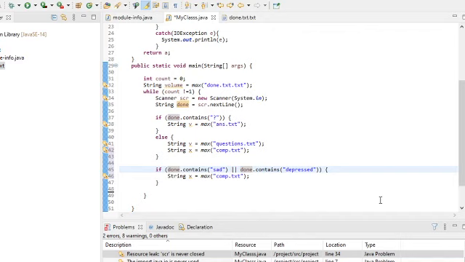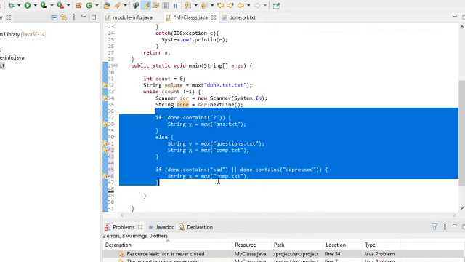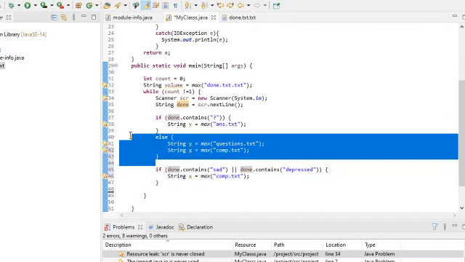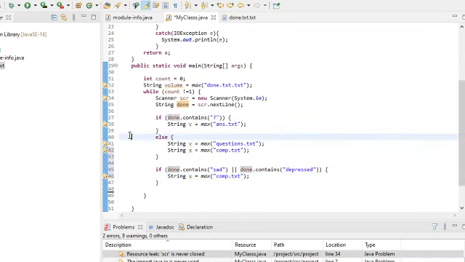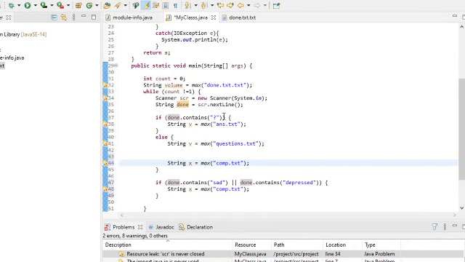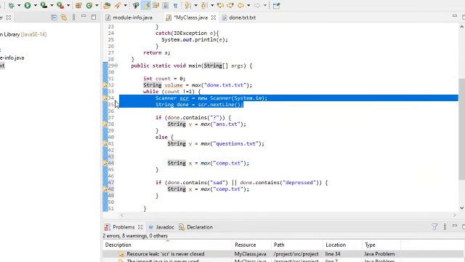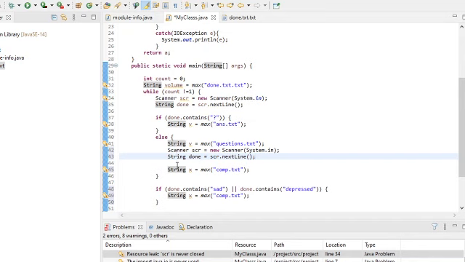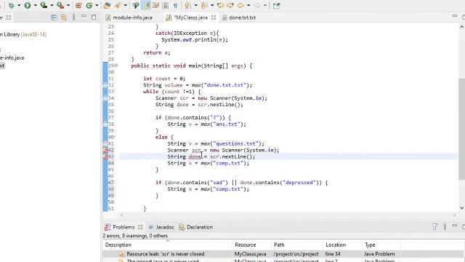So you can evolve this as much as you want with as many different if statements as you want. So it will always ask a question, get an answer, compliment them for that question, etc. The only thing is this should really not be here. There should also be a scanner which should be here, which would allow it to actually give an answer, then 1 and then 1 and then change this to 1. Perfect. So this would mean I can give an answer, it will auto give a compliment, then it will loop again.